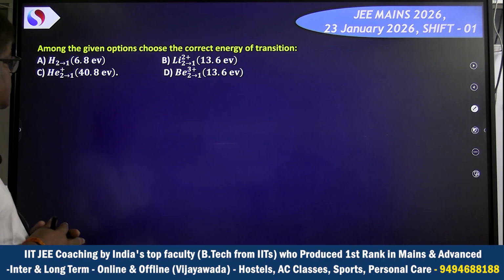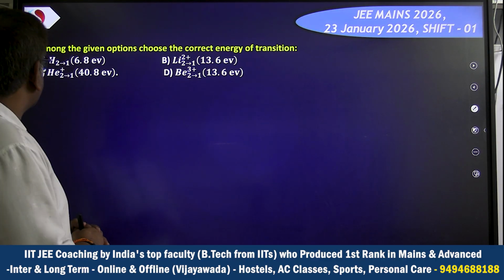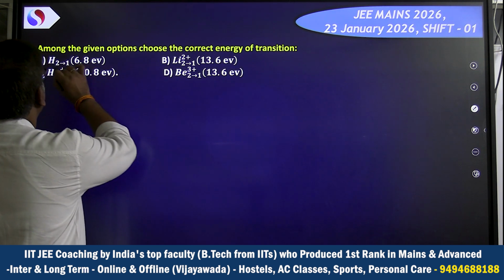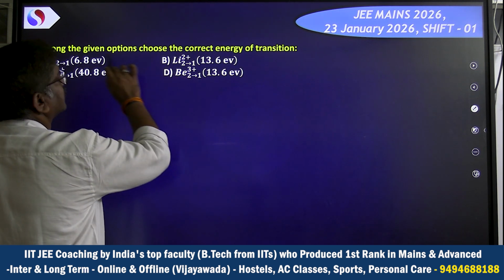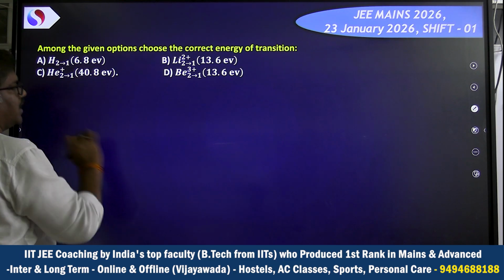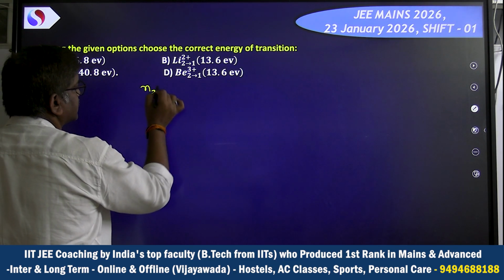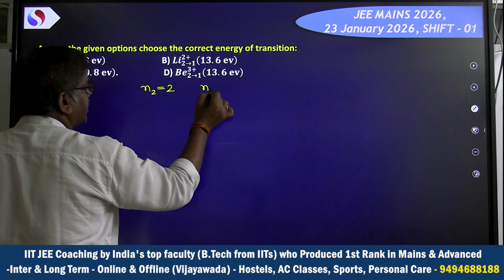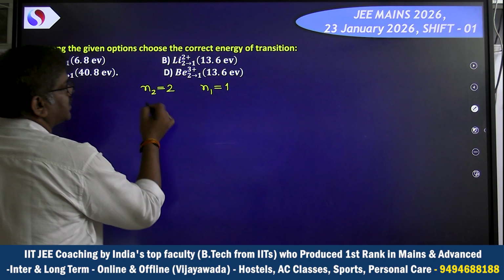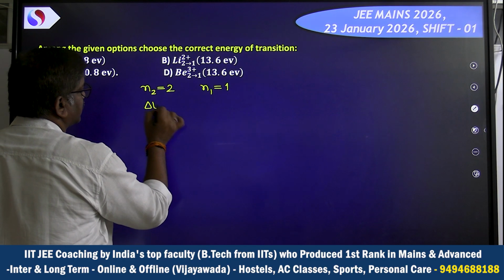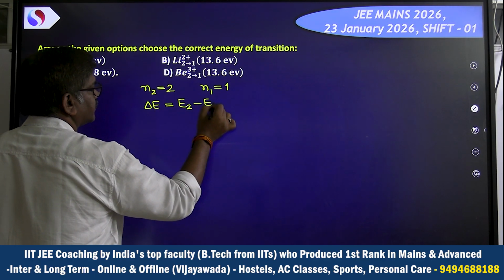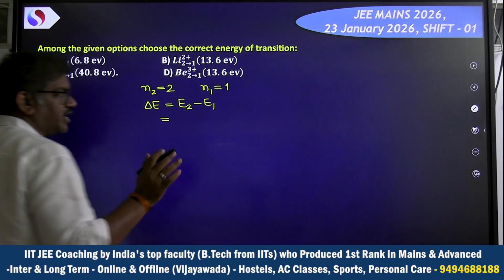Okay, now again, this is also a little calculative. But the best point is this, that they are talking about the transition of the electron from 2 to 1. So higher state is 2 and lower state is 1 in all the cases. And you know that the energy which is being released will be higher minus lower. So, I am going to write down this energy gap for